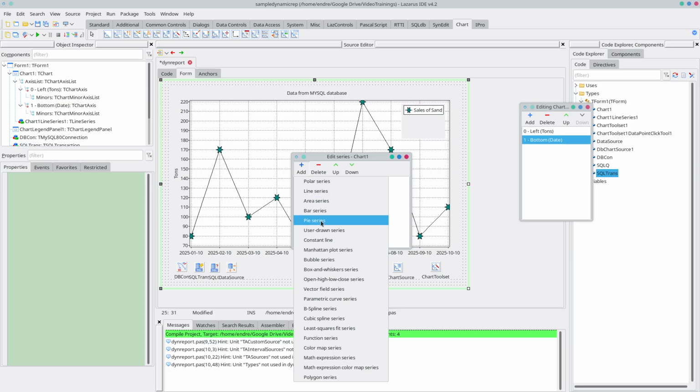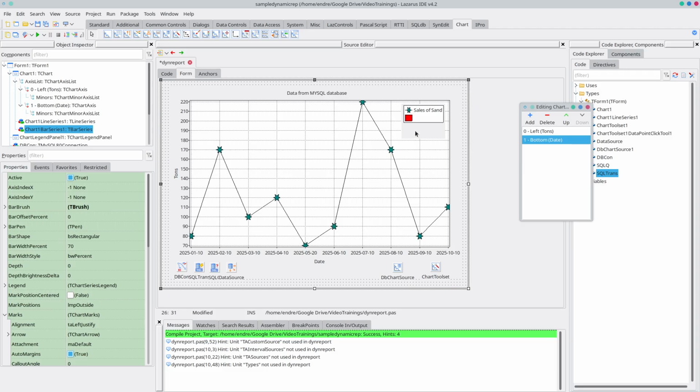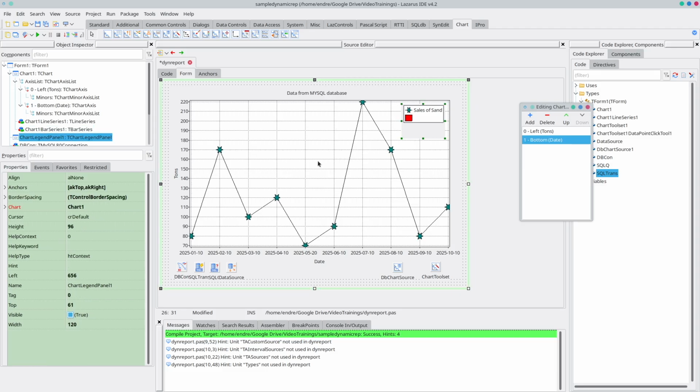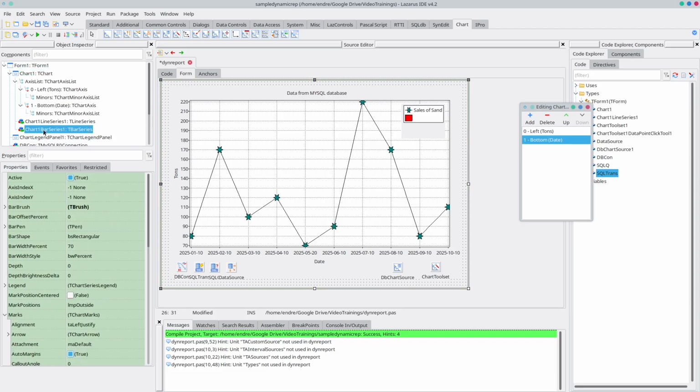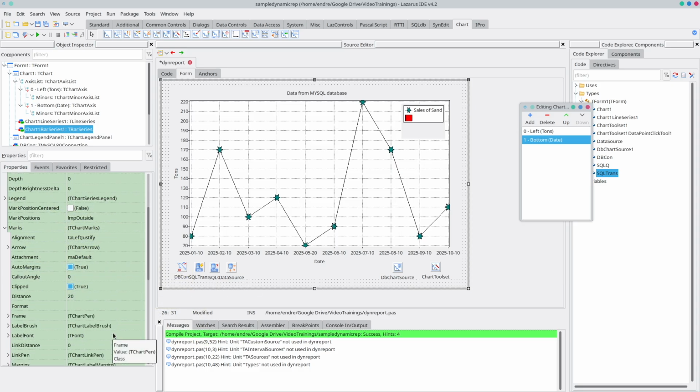I'm not sure how it should look if I'm using a bar series, but as you can see, I also put a legend element here, and this is already showing these chart series inside. So this is automatically linking the legend to the chart. Of course, you need to give which chart you want to use, and let's say if we use the chart series,